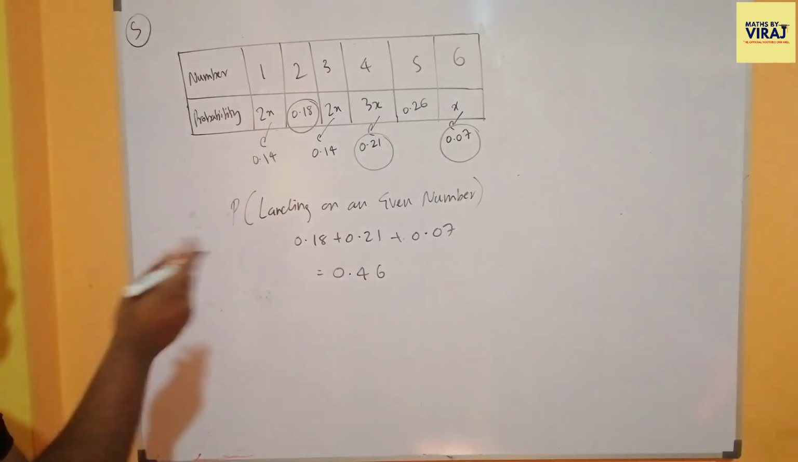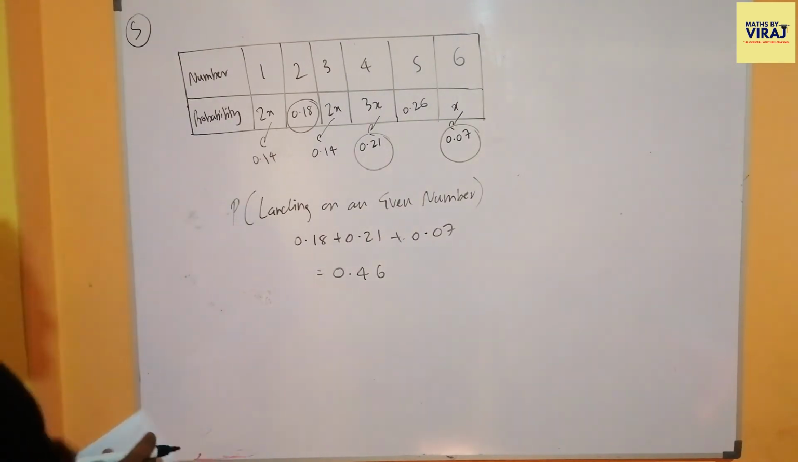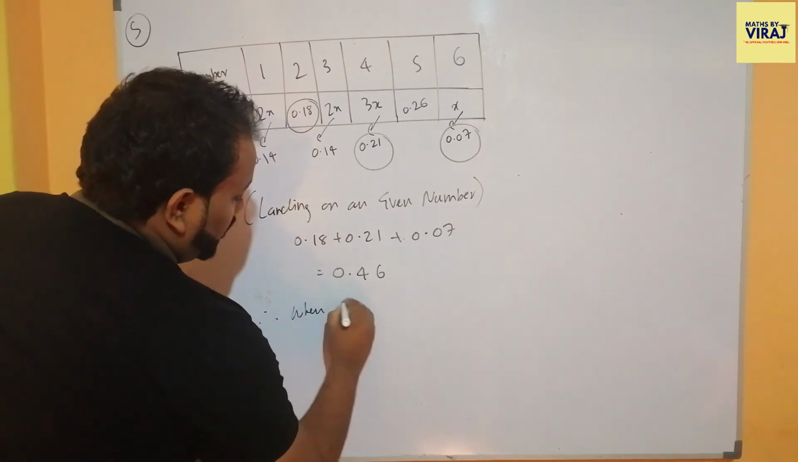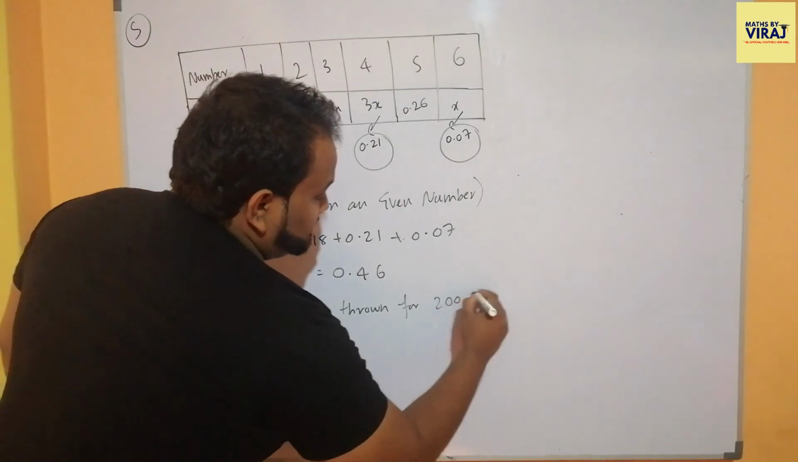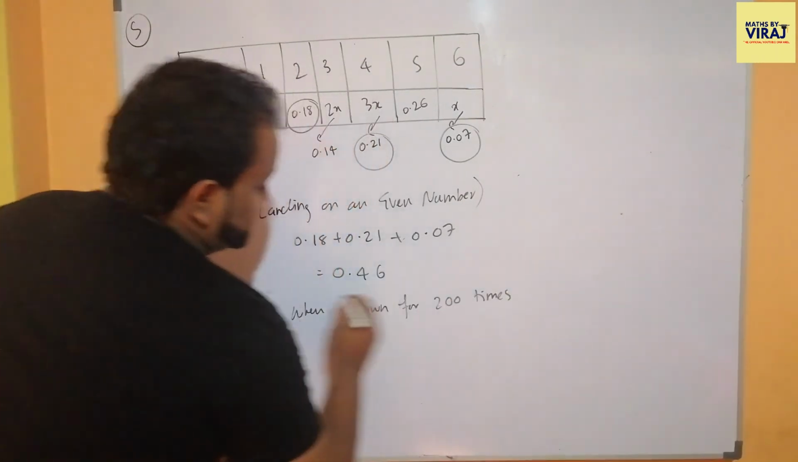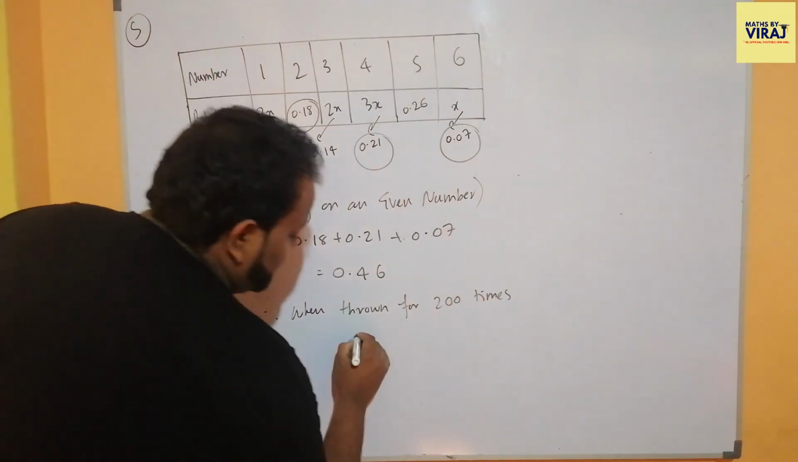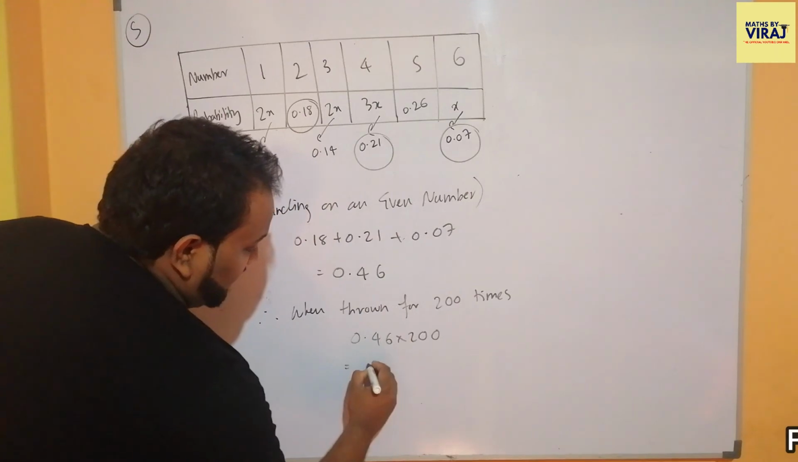0.46. Since it has been thrown 200 times, whatever the probability that we have found for landing on an even number, we multiply that by 200. It gives us the value as